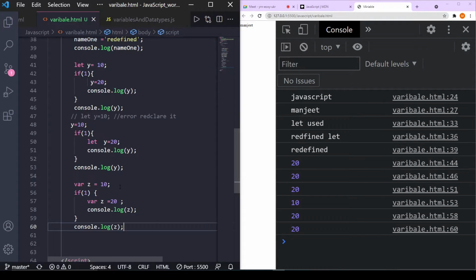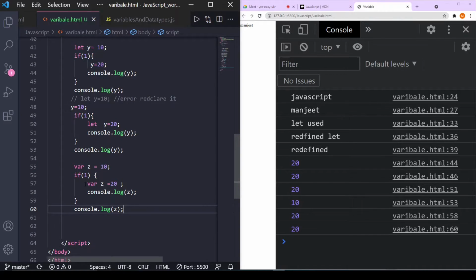So this thing must be kept in mind. That's why programmers do not prefer to use var many times, because we can redefine and also redeclare var, and var is not local scope. So when we use it inside a block, its value does not stay local. Its value remains the same as the last time we defined it. Last time I defined 20, so it will remain 20 throughout the program. That's why var is not preferred. The most preferred keyword that is used to define a variable is let.